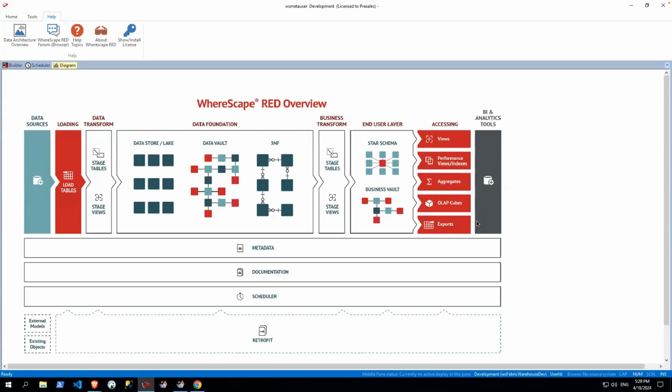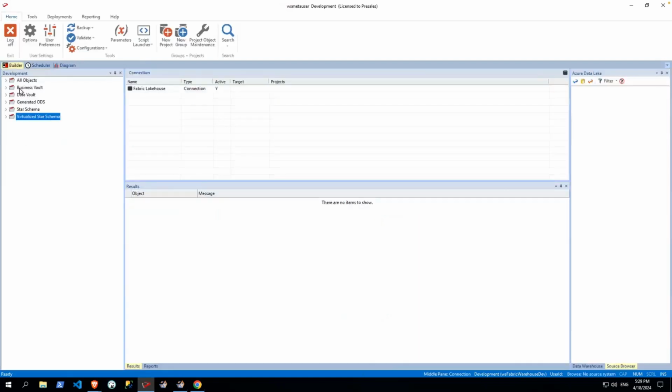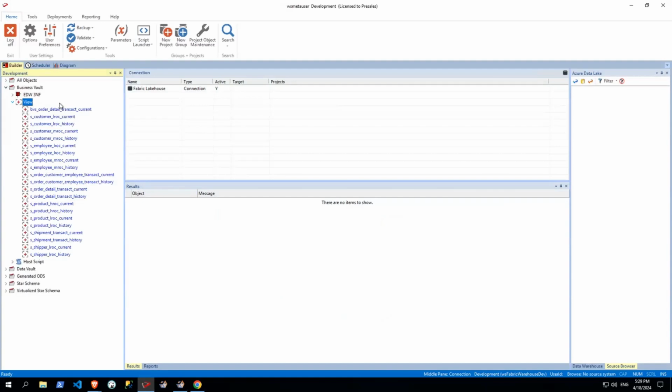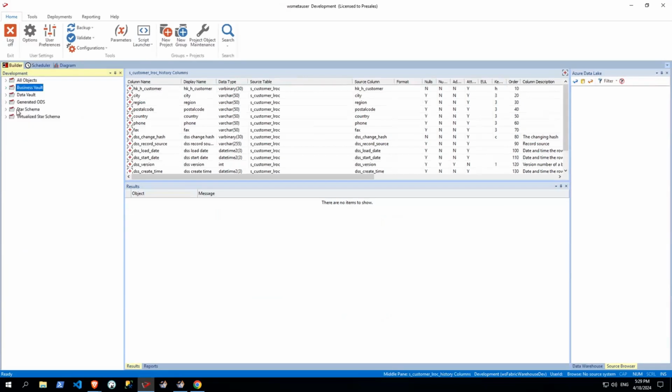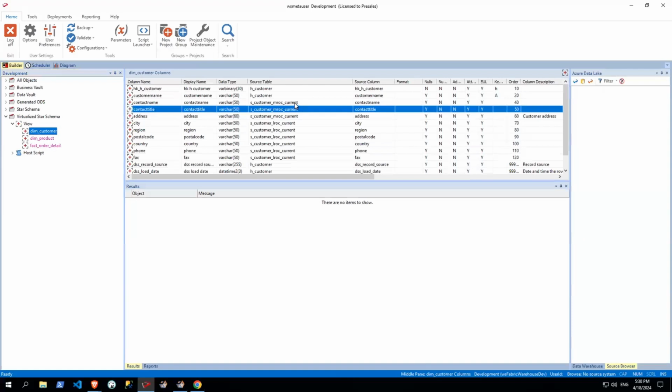Another question says, is the end user layer in your picture also known as the business vault? It can be, but not necessarily. Usually the business vault is a series of views or PITs and bridges. And usually to connect things on top of that, like Power BI or Tableau, you need to have a virtualized star schema on top. So in this case, I have my business vault on top of my raw vault,